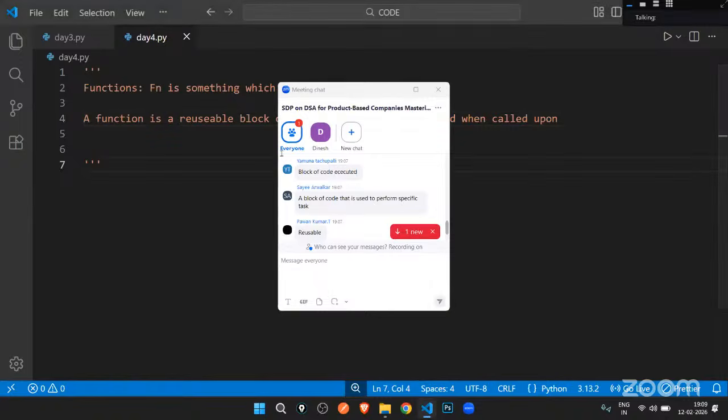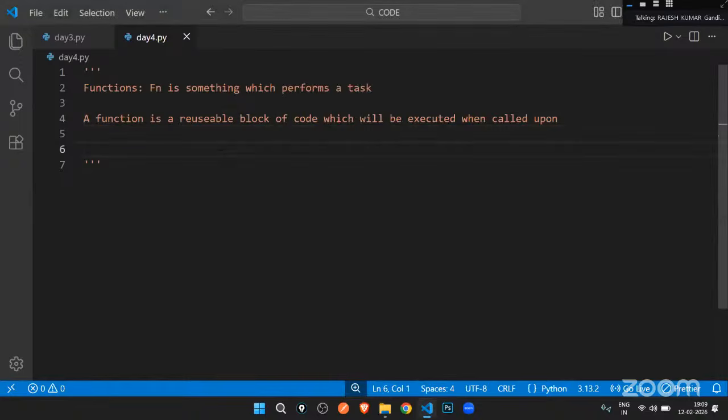That's about functions. Now let's go with some examples. We have been using print. Print is a function. Print will display something on screen. We have input, which will take input from the user. We have int, which is also a function. It converts the given string into an integer. So print, input, and int are all functions doing some task for us.